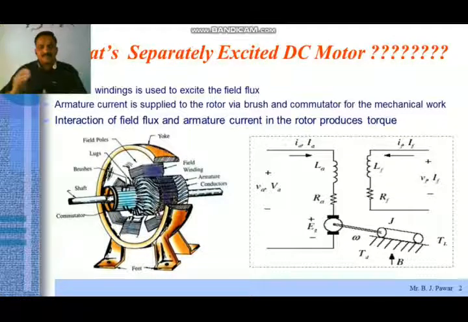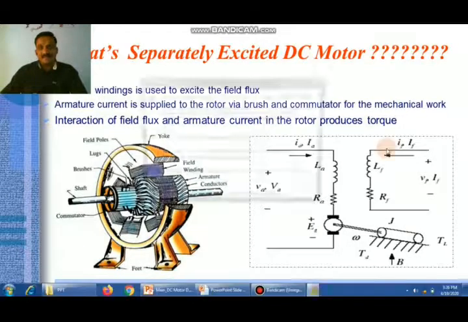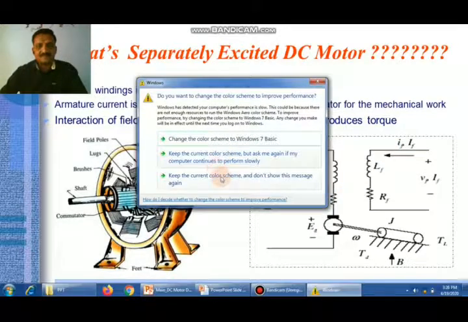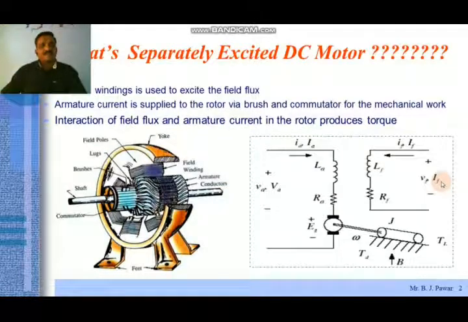So many people might be familiar with one kind of DC motor, which is mostly available in toys, right? You might have seen its internal structure also. Whenever we open it, you will observe there is a permanent magnet inside the yoke of that motor. Two permanent magnets are stuck inside the yoke from opposite sides. That kind of DC motor is known as a permanent magnet type of DC motor.